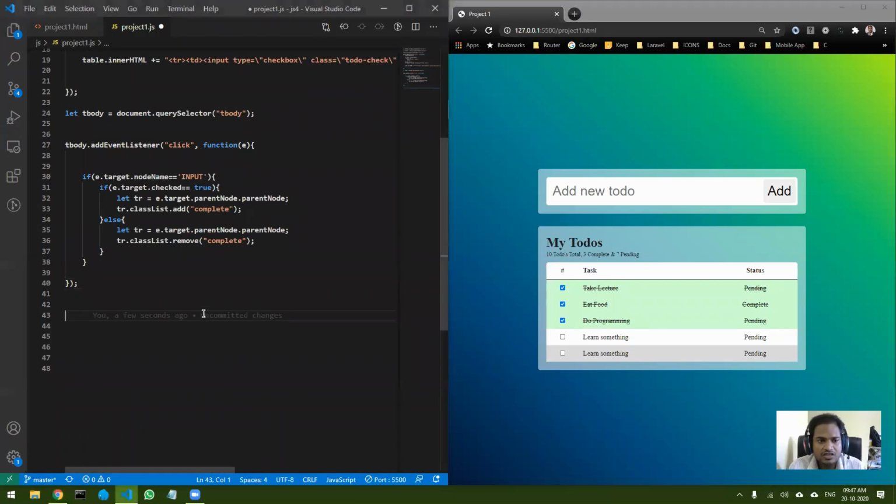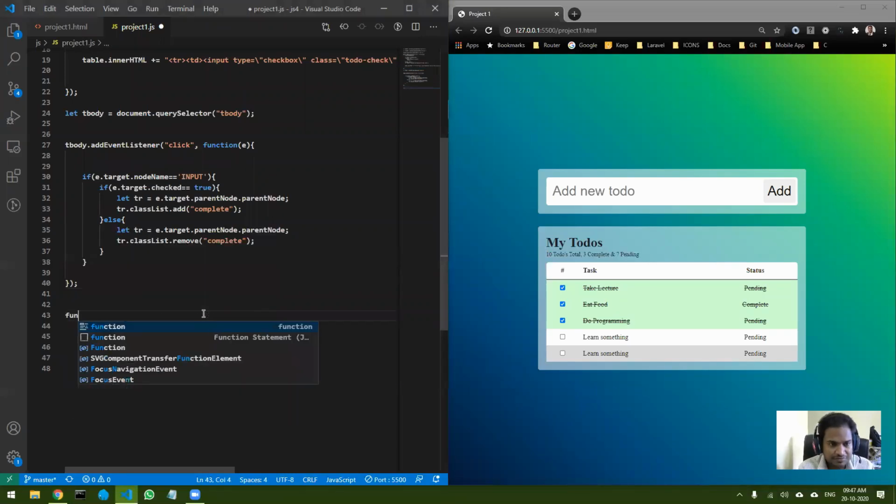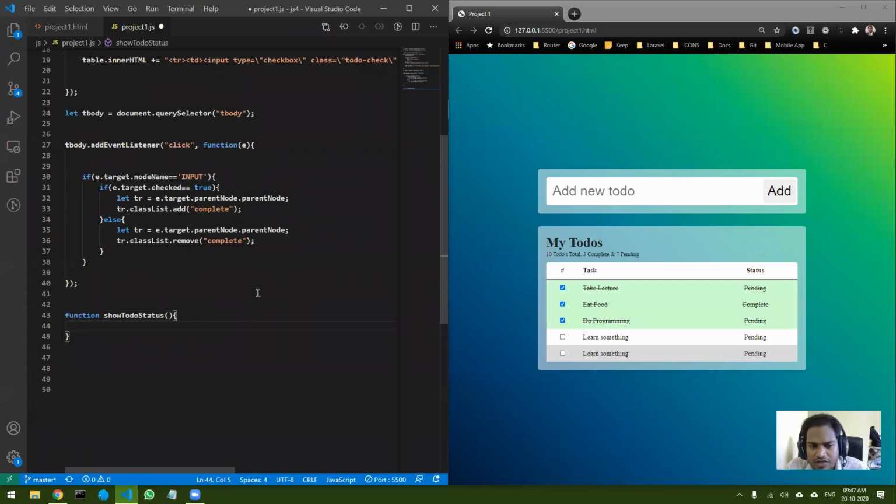Let's call this function showTodoStatus. Basically this is going to find out how many checkboxes there are, and then loop through each and every checkbox and find out whether it is checked or not.